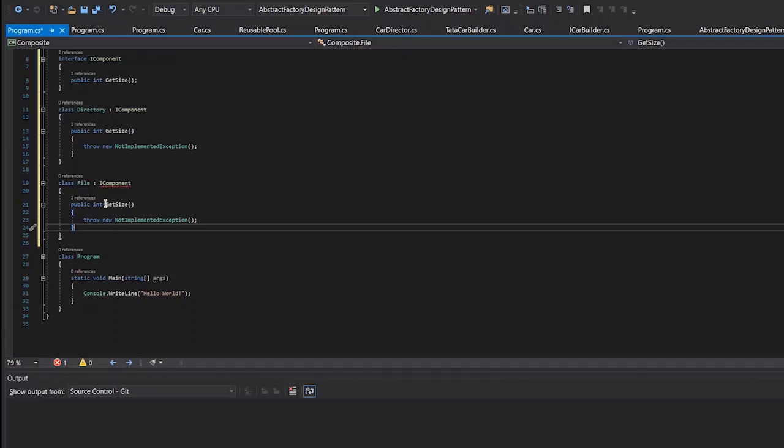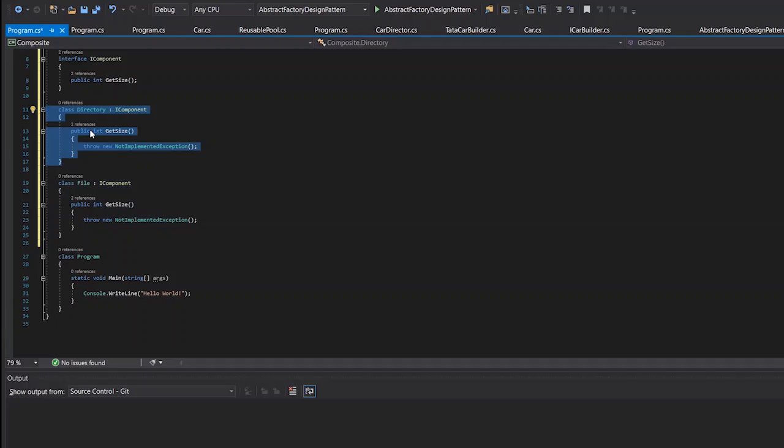Okay, so this is the structure. This is the directory which we have. This is the file which we have. Directory will be composed of many directories as well as files. Correct? Directory can be composed of many directories as well as files.